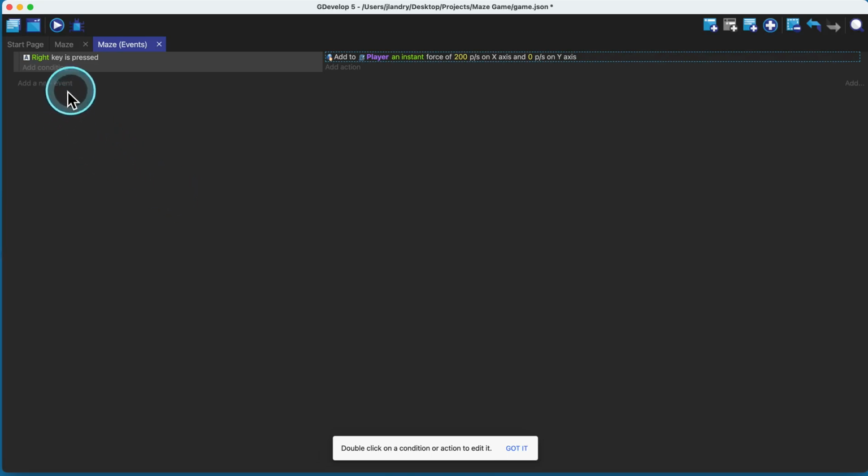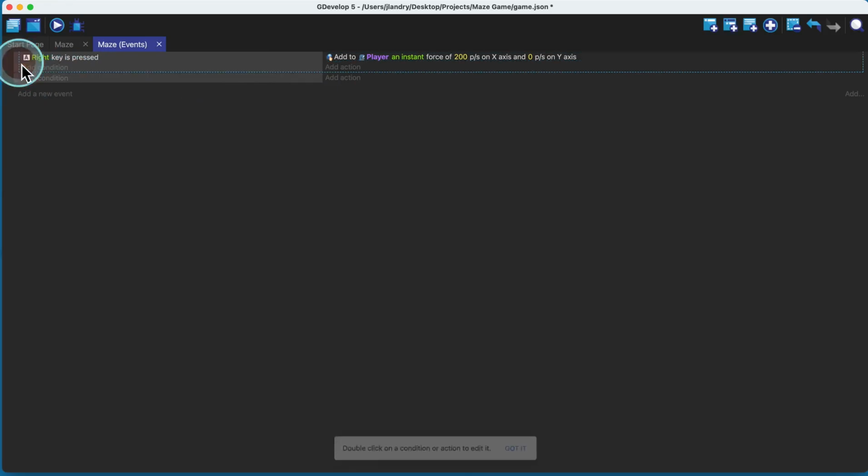Okay, so to do it another direction, let's do left, and then we'll do up. You could click on add a new event, and then you could go back and recreate this one up here. Click on add condition, do add action, and all that good stuff. But instead, we can just copy and paste. So I'm going to click over here on the left-hand side, and I'm going to click on the bar, and it's going to select the entire event. You see this blue going around? So that's selected there. And then I right mouse click on it,